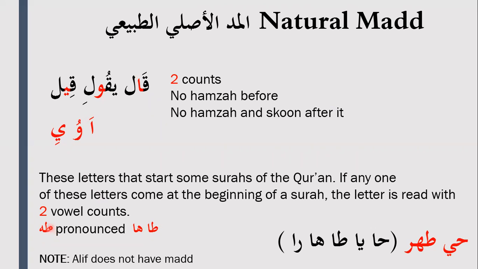And the reason why we elongate them, even though they stand alone and they have no marking, is because of the original letter in them. So the original letter of mad is in these letters. So Ta and Alif makes Ta. So I have to elongate it when they come at the beginning of the surahs and they have no other voweling on them.